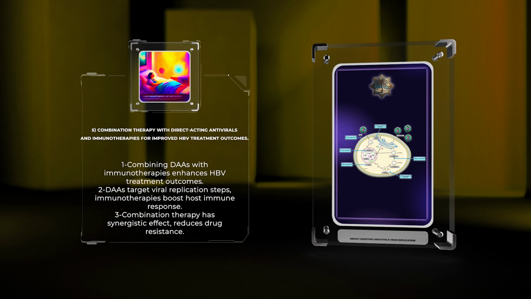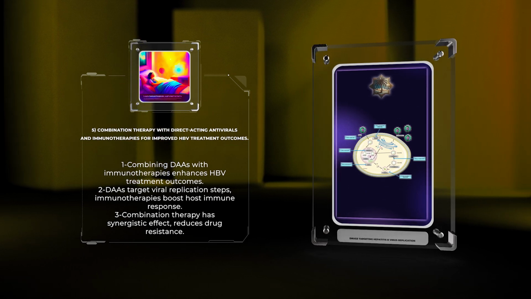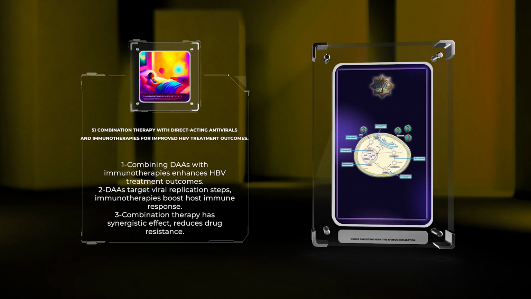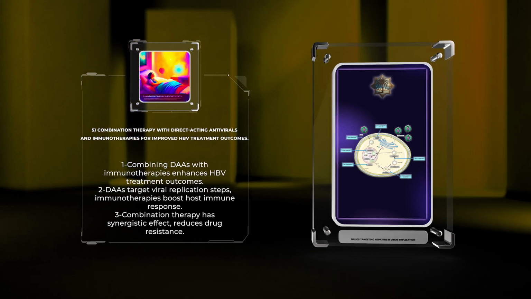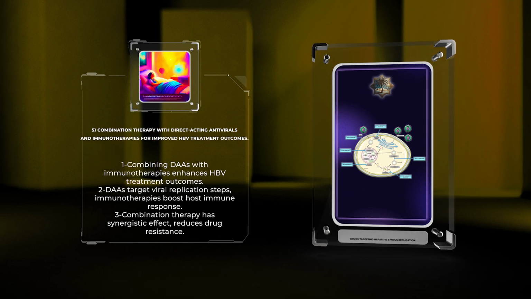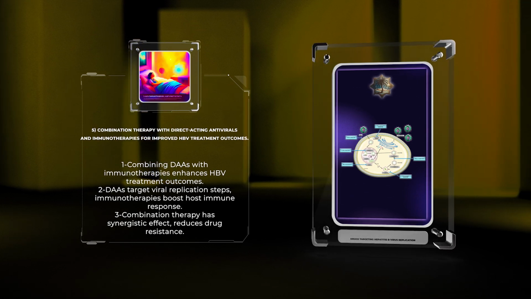For example, combining PEG interferon alpha-2A with nucleoside analogs has demonstrated enhanced response rates and increased chances of achieving hepatitis B surface antigen, HBsAg, seroclearance. Further research is needed to optimize combination therapy regimens and unravel the intricacies of host-virus interactions, ultimately leading to improved